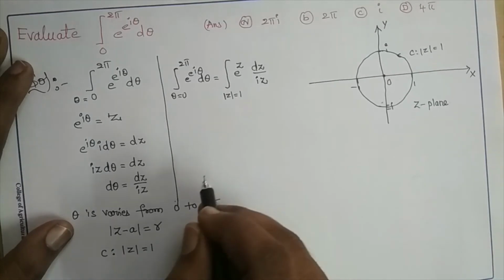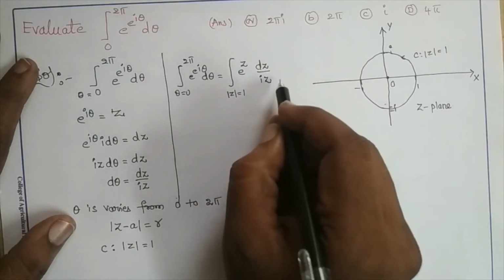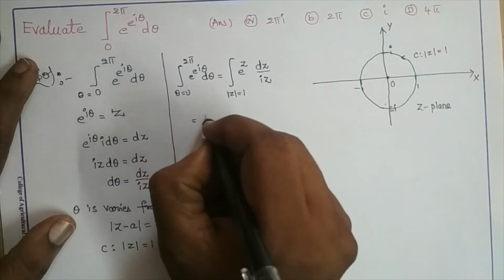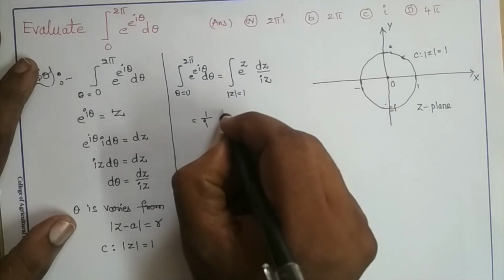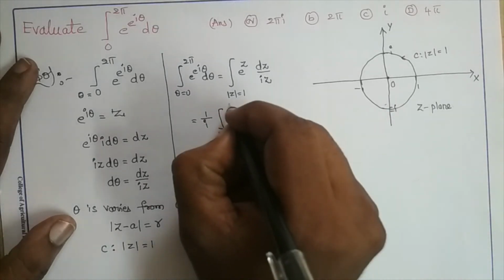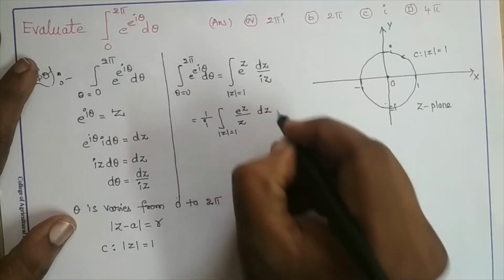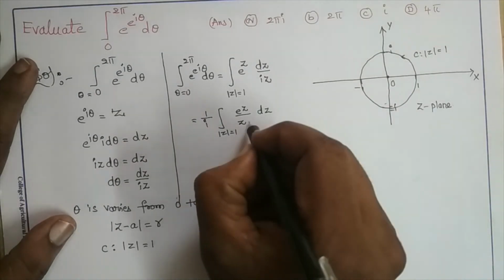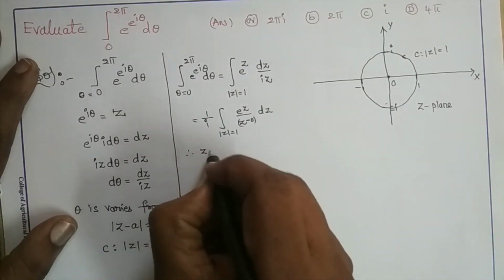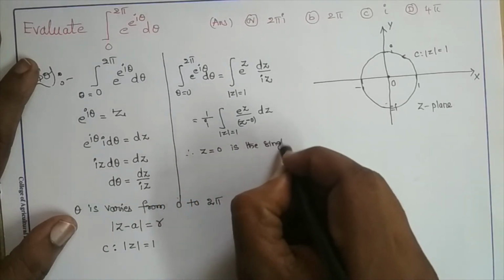Before applying it, let us verify whether the singular points are inside or outside the circle. So I can rewrite this as 1 by i into the integral over mod z is equal to 1 of e power z by z dz. Here the singular point is z minus 0, therefore z is equal to 0 is the singular point,